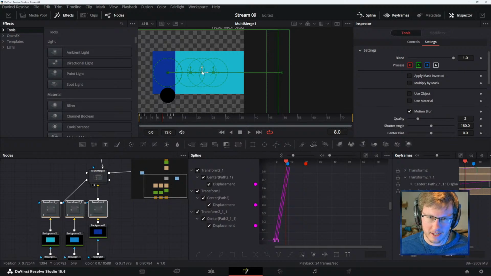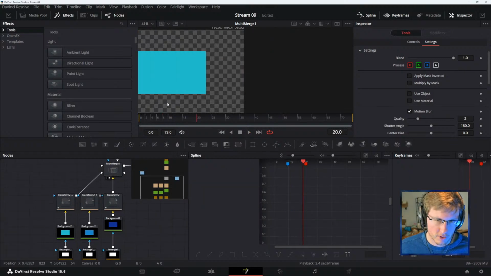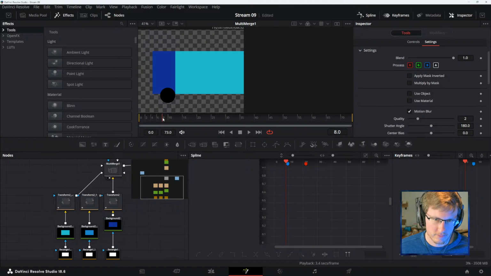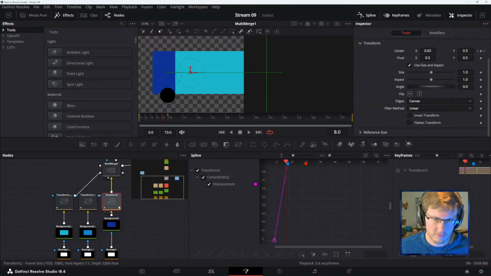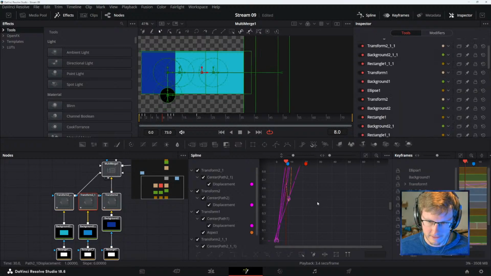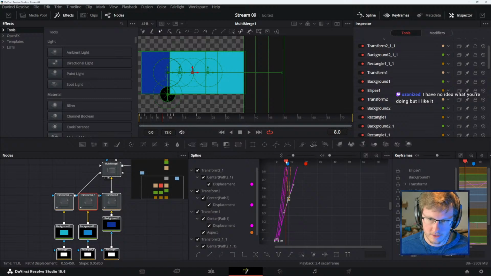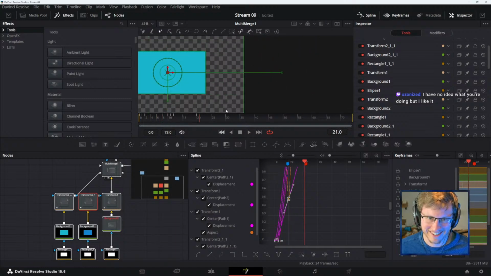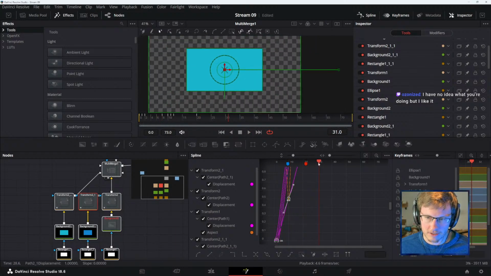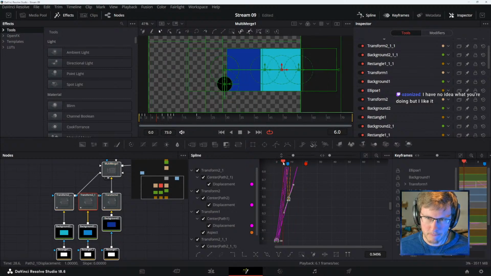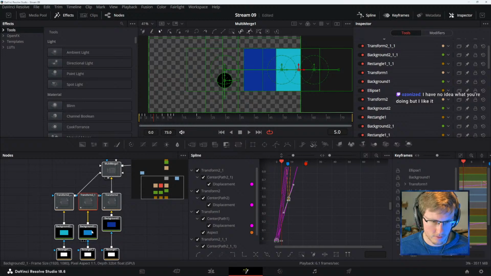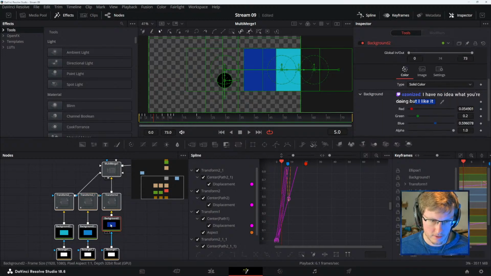And I think we want to animate these. Okay, so it kind of looks like a transition in. What's happening though? Where's this one?